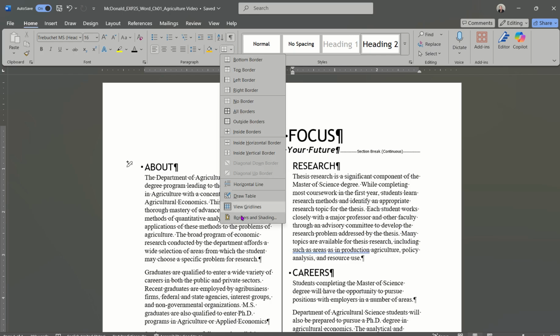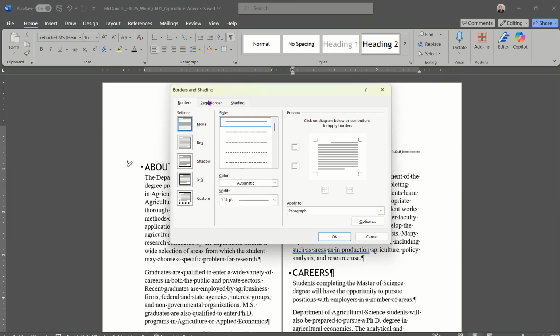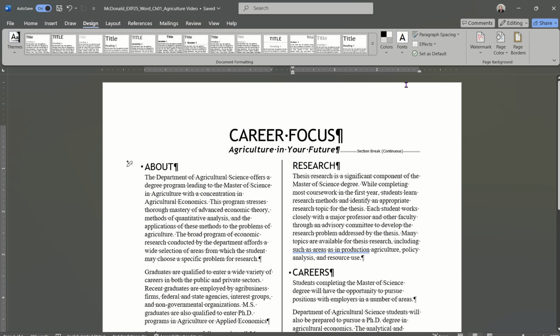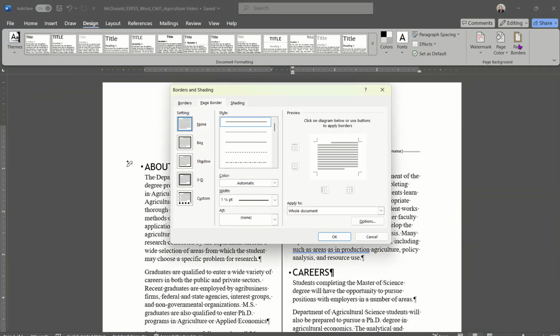Borders, and then you would just come down to borders and shading and select page border here, or go back to where I was under design and go to page border. It's the same thing. So you just want to make sure you're on page border, and it says shadow page border. So you're going to come over here and click on shadow,